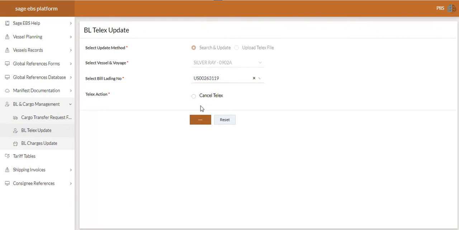So here we have an action to make, which says cancel telex. If we decide not to cancel this telex, it means we are going to be going with the telex option. So the aim of this video is to know how to cancel by telex.